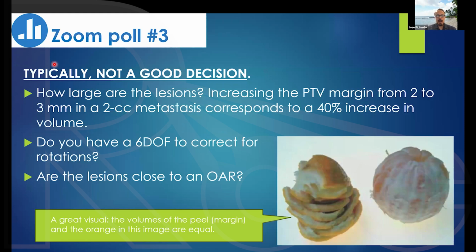I know the couch can rotate at most 3 degrees in roll and pitch. Obviously, for the couch kick, you can rotate whatever you want, right? But for roll and pitch, the most you can correct with your 6 degree of freedom couch is 3 degrees. And I know it doesn't go up to 3 degrees because we've been in situations like that and it didn't do it. But if you're saying what is acceptable, then